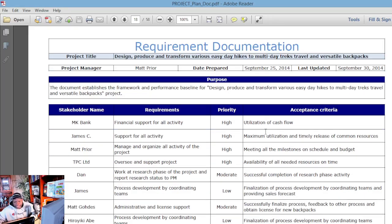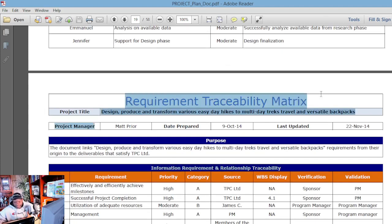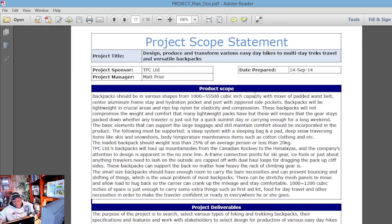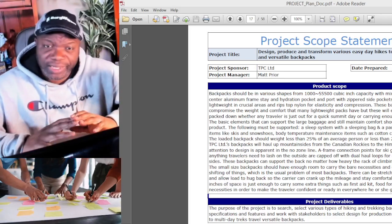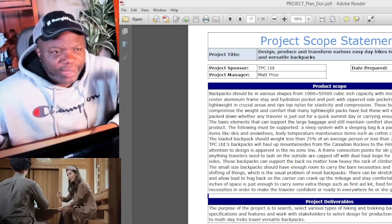Okay. Then we have requirements documentation as well. This actually comes before the scope statement. So we collect requirements, and as a result of collecting the requirements documentation and doing the requirements traceability matrix, after that, that is when we can flesh out the requirements into an understanding of the scope. Because as I always say, scope begets requirements. The scope is just the beginning. The requirements are just the beginning. You got to expand that into scope, and then you got to take the scope and expand the scope into